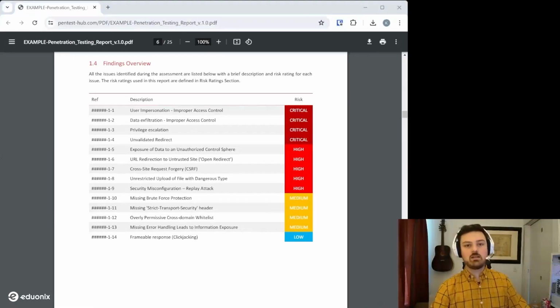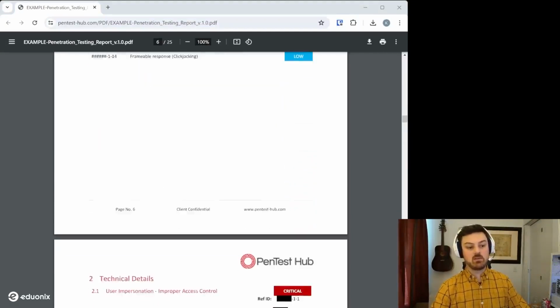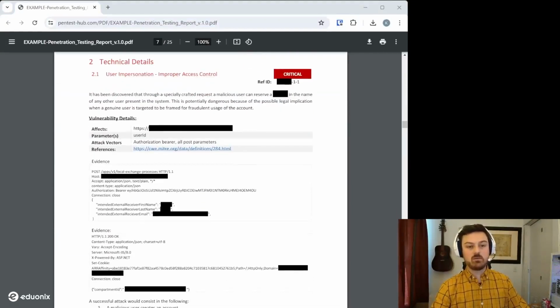rest. And then we're going to get into the methodology section where we're going to be a lot more technical about how we describe things. And we're going to really go one by one in terms of the findings. So this one starts with user impersonation, improper access control. That's pretty important. A brief explanation for how they found it, what's actually happening, vulnerability details, and here they